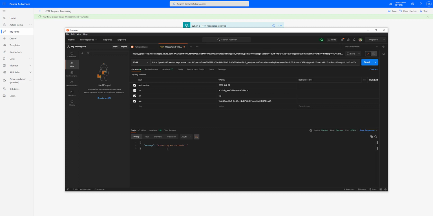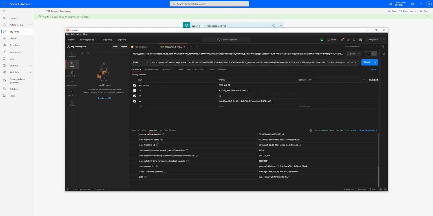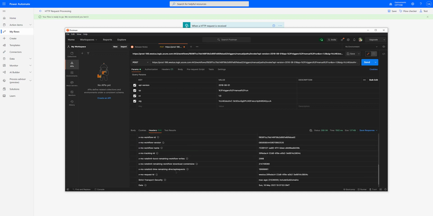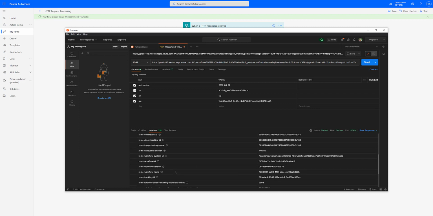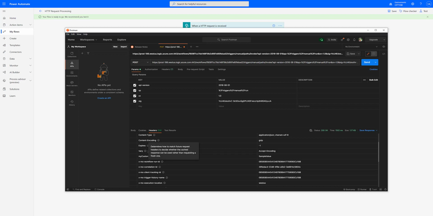This will get me the response back, and as you can see, there are 24 headers. And if you open these headers, the entire flow information or the flow metadata is also sent along with the headers. So this is the information I might not need to be seen as a response. And note that our custom header is also sent back.